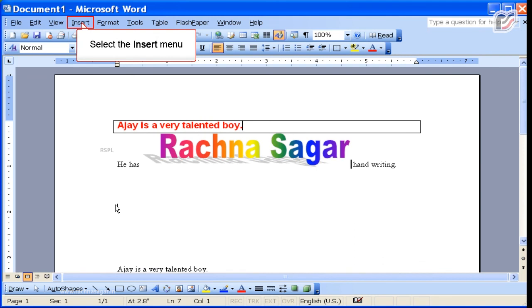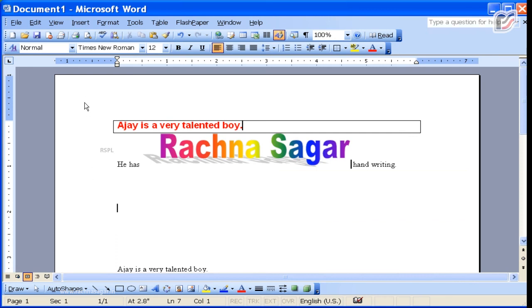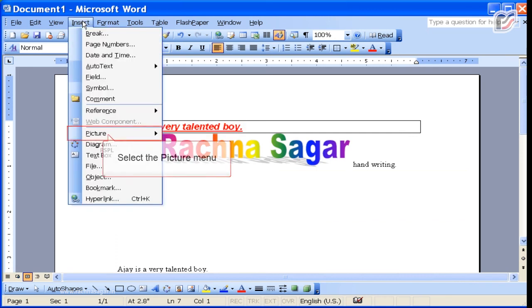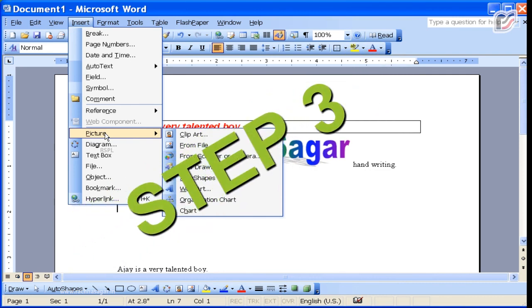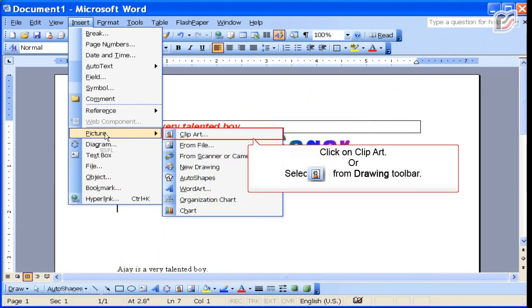Click on Insert menu. Select the Picture menu. Step 3. Click on Clip Art or select from Drawing toolbar.